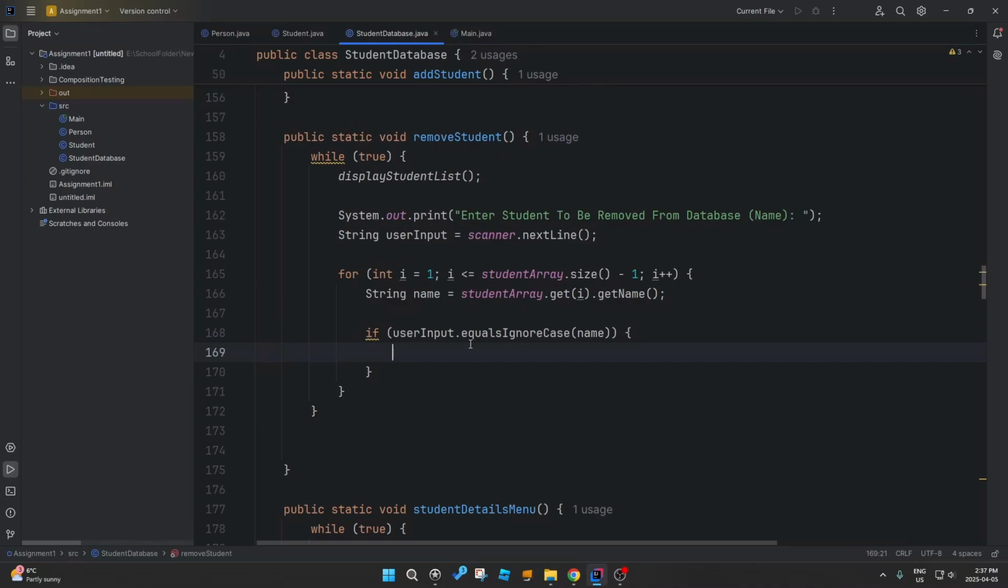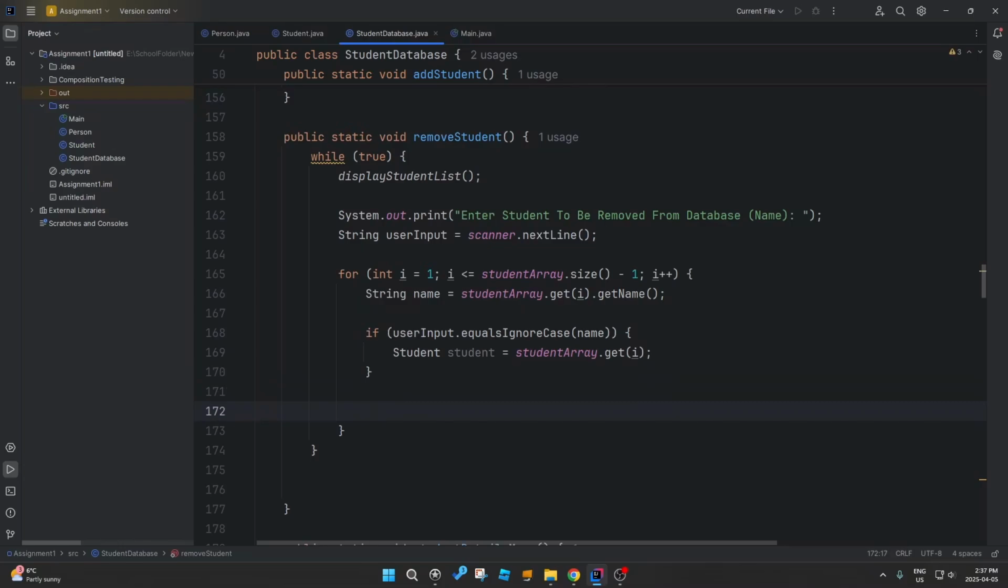And so now I can say student. So the student I want to remove is student array get i. So this is the student whose name is what the user inputted. Otherwise, while you're looping through, it keeps looping through. Now when you reach the end of the loop, it should just,